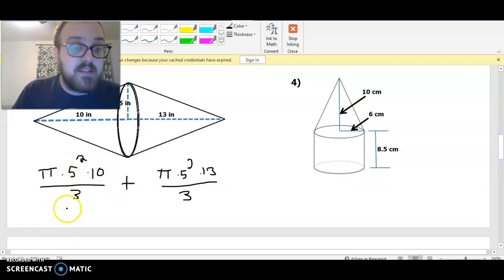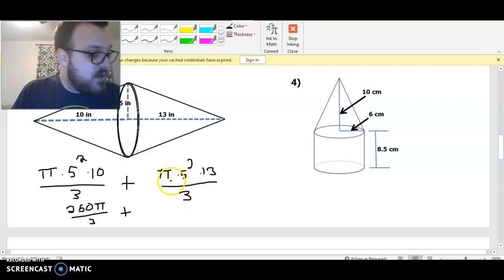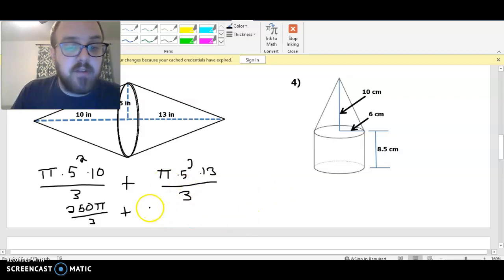So I'm just going to write this as 250 pi over 3. Now, on the other side, I'll do the same thing. So I'm going to have 5 squared times 13, which I don't actually know off the top of my head. So I'm going to do that real quick. And I'm going to get 325. So over here, I'm going to have